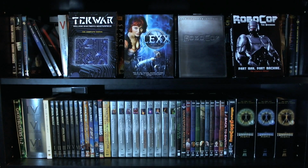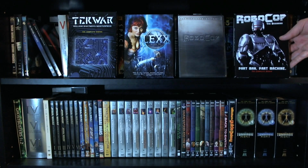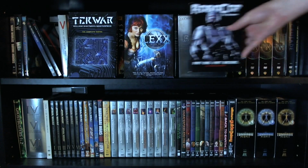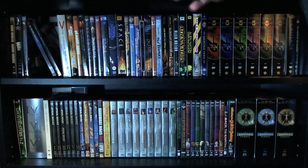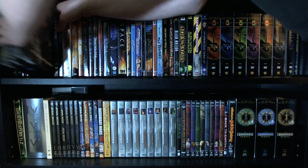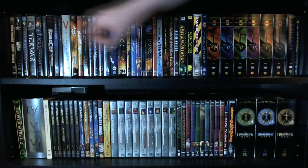So I'll just get the glare. I'll lean in front of the glare. There we go. So this is all 22 episodes of the Canadian-produced Robocop TV series. I still need to pick up Robocop Prime Directives, which was the miniseries. And then, of course, if you watched the Blu-ray updates, you'll know that I have the complete movie trilogy of